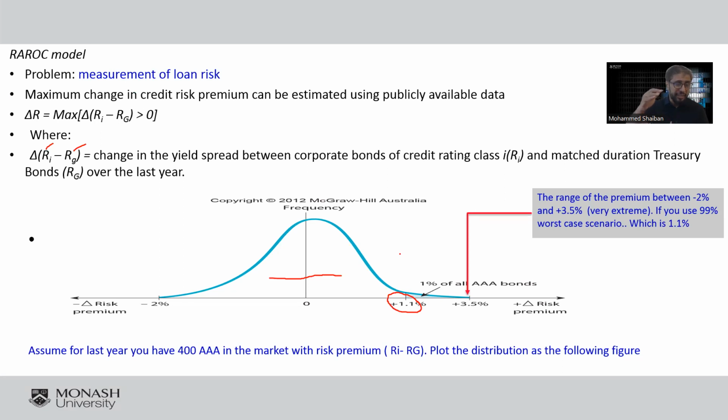Of course, the increase in the interest rate will decrease the value of the loan, because the price of the loan is the cash flow over the interest. So this is the maximum we can get according to this distribution, and we want to be very conservative, so we are taking the 99%. So this is 1%, and this one is 99% of the time. So the confidence is 99%, which is all of this area.